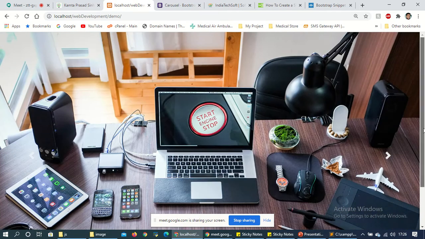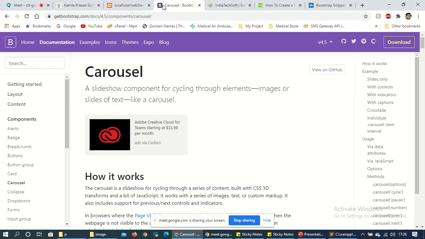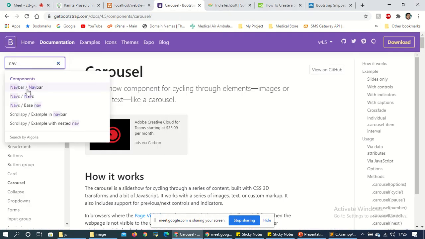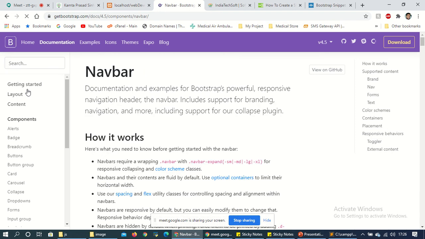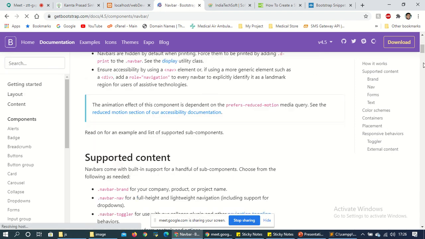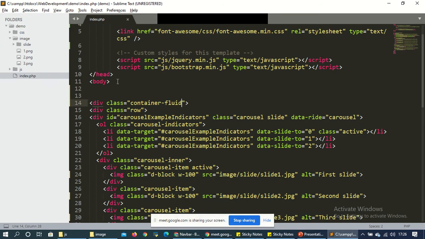In the top I want a navbar, so just go to the carousel and just have navbar. So just go down, copy this one, and here give the slider.